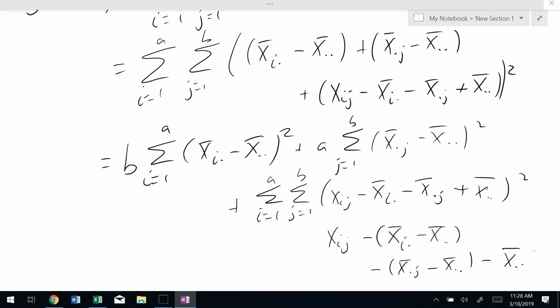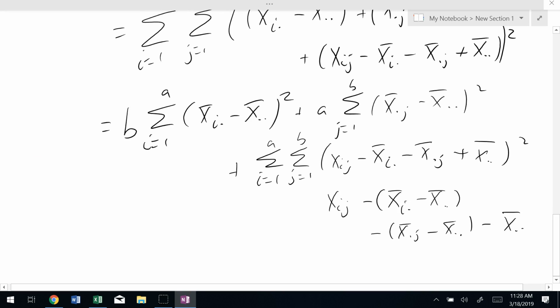If the model is accurate, if it's additive, this has the exact same distribution no matter what, whether or not the null hypothesis is true. Because we've got it written as cell minus row effect minus column effect minus overall mean. Okay, so no matter what, this last term should have the exact same distribution no matter what's going on. Okay, so to write down the different pieces now, this first piece,